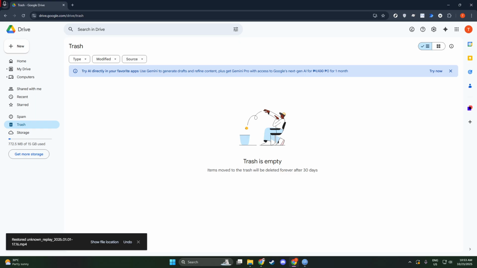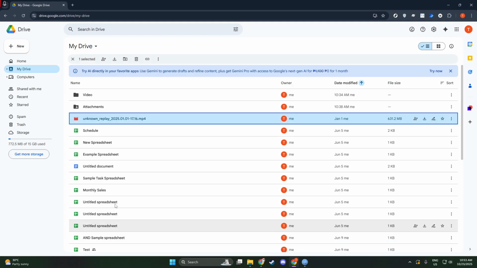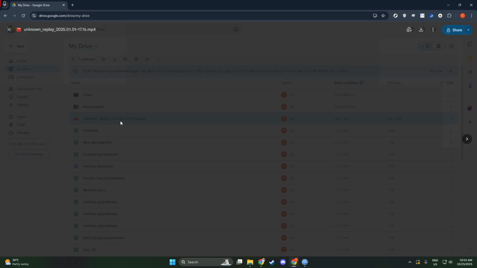However, it's important to note that items in the trash aren't kept indefinitely. They're automatically removed after 30 days. So, if there's something you may want to restore in the future, make sure you do it before that time frame runs out. As a helpful tip, if you're trying to keep your Google Drive organized and minimize unintentional deletions,